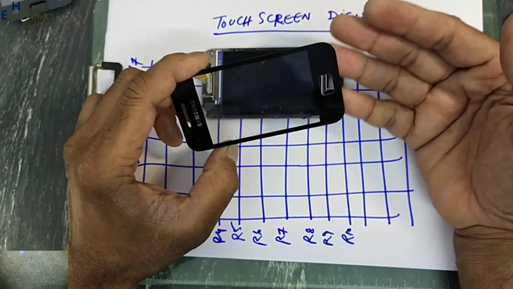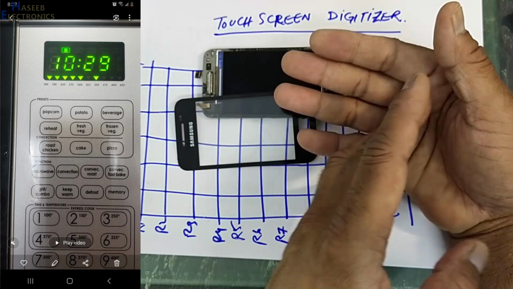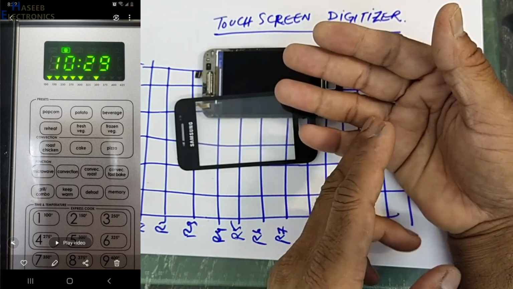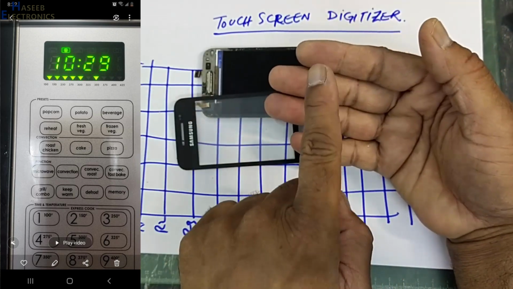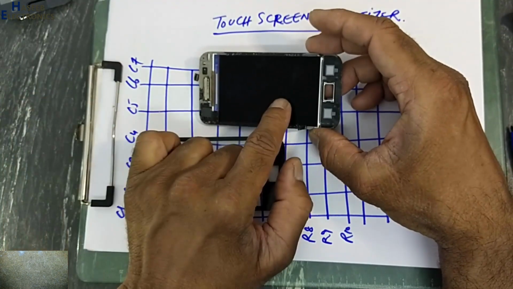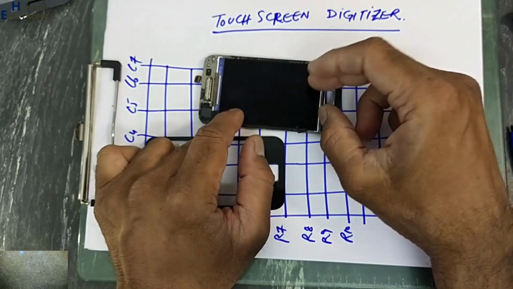Let's compare with microwave oven. In the microwave oven, we have selected numbers 1, 2, 3, 4, 5, 6, 7, defrost, fish, cook, barbecue, like that, and we will select only those options. But this is multifunction display. Processor will show different options here.